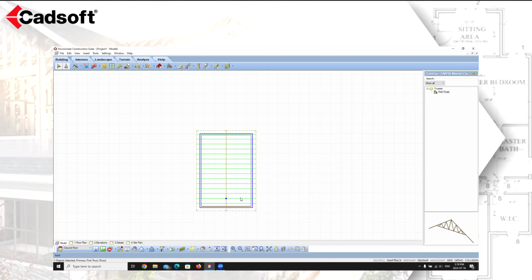Now, the one thing I do want to point out and make note of is Envisioneer is not a structural analysis program. So the trusses that we're adding in are just graphical representations of a truss. These are not engineered trusses based off of the loads or the spans that you're using. That is something that you will need an engineer to do. These are just used to help give you a graphical representation of where the trusses may need to be in